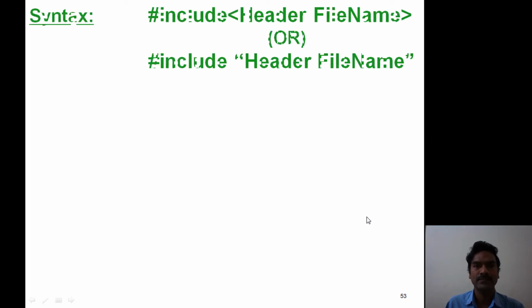Now observe the syntax of the way of including header files. #include, okay, there is no space in between # and include.